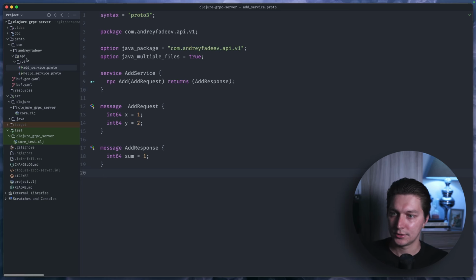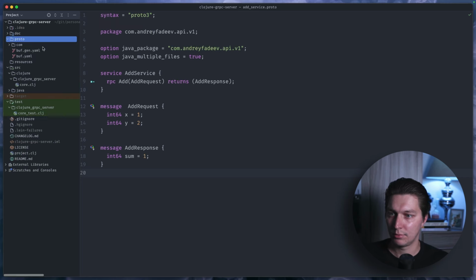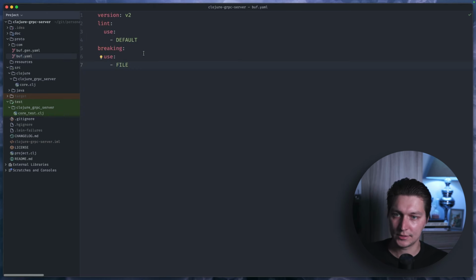And yeah, so first of all, we have this proto subfolder in our repo. If we go inside, we have buf.yaml that basically defines a module in Buf. And here we have two sections for the linting and for the breaking changes checks. And after that, we have